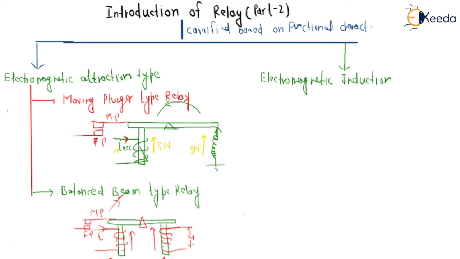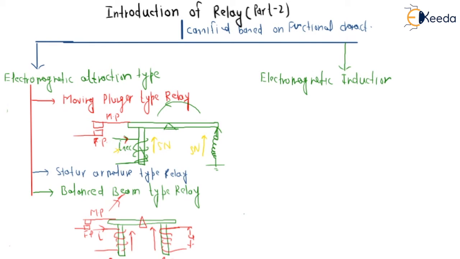Now the third relay is basically the stator armature type relay. I am not discussing it here. It is based on the same principle, electromagnetic attraction. If you want to gain more knowledge, it is given in DP Kothari, but it will not be asked in the GATE examination, so you do not need to worry. Simply we need to see these three types of electromagnetic attraction.